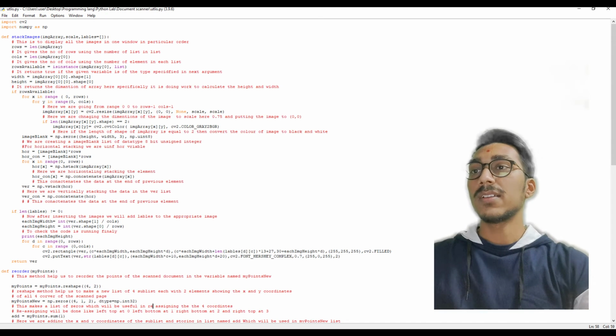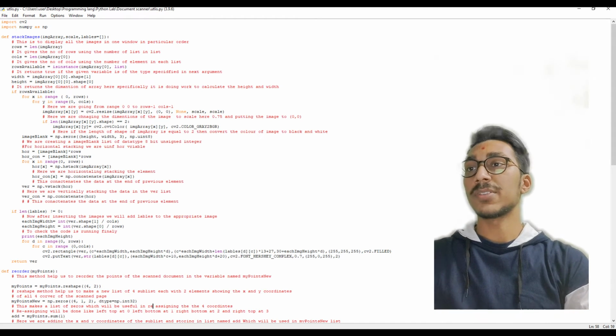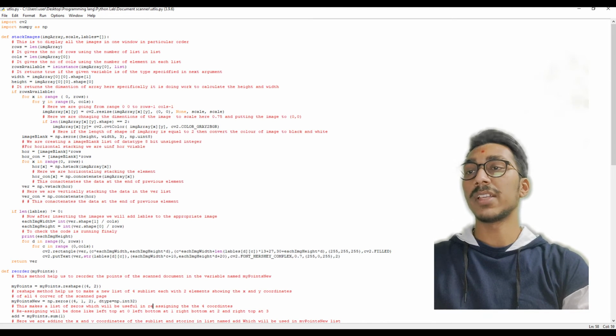Here we are adding a rectangle to write the text into it. Here we are specifying the location of the images as c multiplied by each image width, which is the x-axis